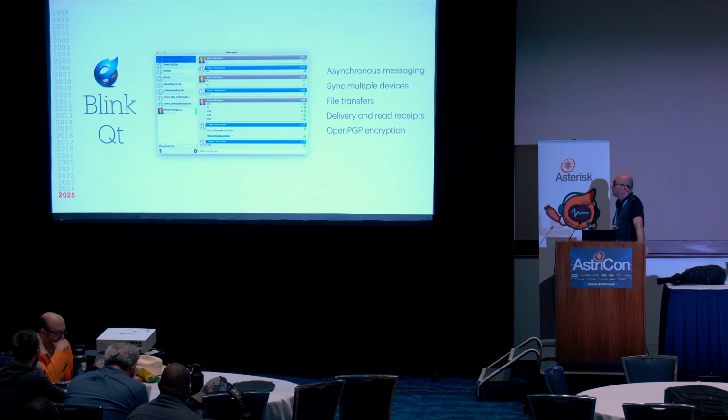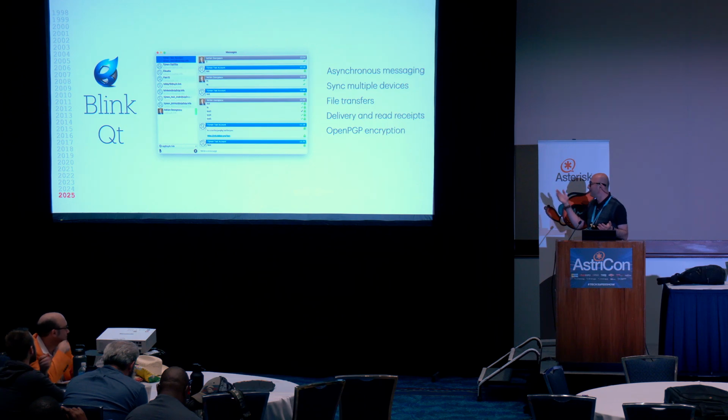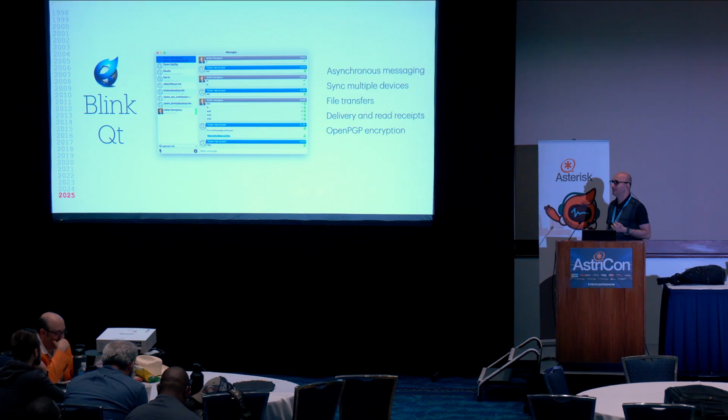So this is Blink Qt for Linux right now. It has the same feature set, namely the messaging features are compatible with Blink for Mac, also with Silk client for desktop. So it's a nice thing. If you can't achieve interoperability going to Japan, you can at least achieve interoperability between your own SIP clients. So I managed to achieve that here. I can send a message from Linux, from Blink Qt, and I can receive it on Mac with Blink Cocoa, or send it to the web page in Safari, and it works.